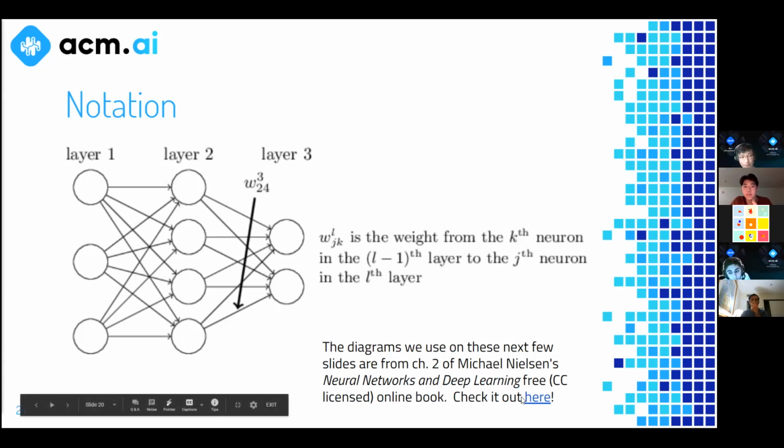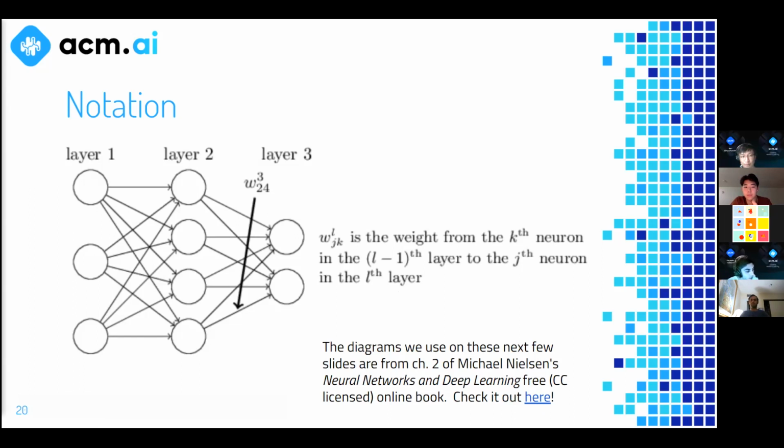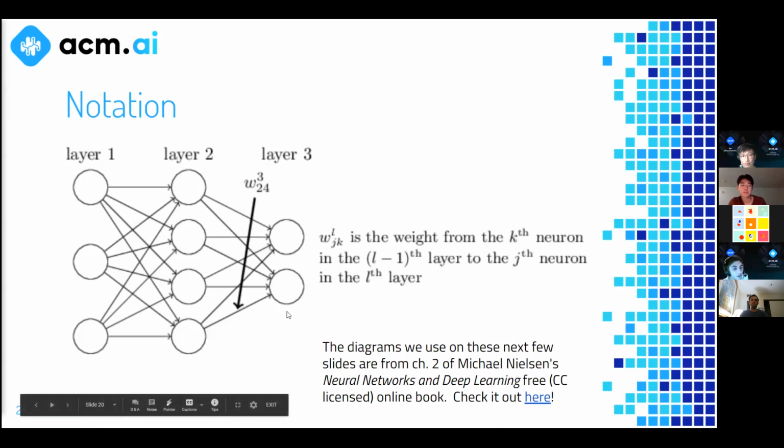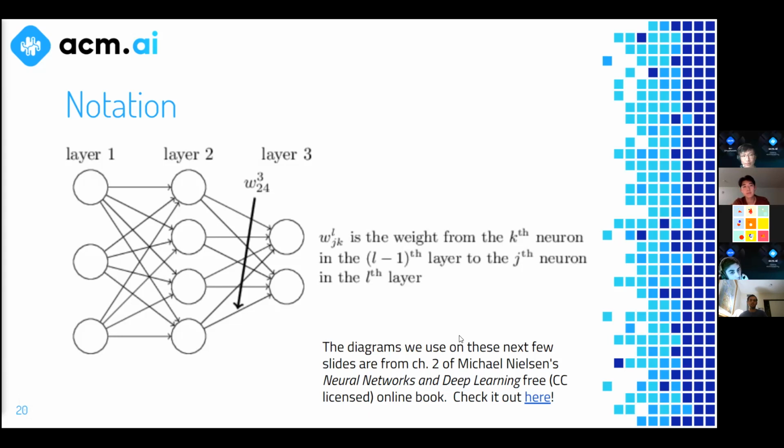I'm going to spend a lot of time on these next few slides to make sure you guys really understand this notation. Also, this book that's hyperlinked here is fantastic. 3Blue1Brown, that's the name of that YouTube channel, I'll write it in the chat. That guy makes some awesome YouTube videos about linear algebra, which is really important for machine learning. He also makes a bunch of machine learning videos. He's great. This book is also extremely great if you want a really in-depth understanding of backpropagation and very fundamental machine learning mathematics. A lot of what I'm about to talk about is adapted from this book. Okay, so without further ado, let's talk about the notation.